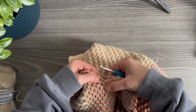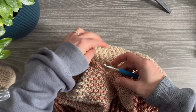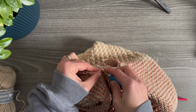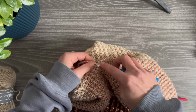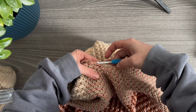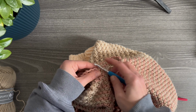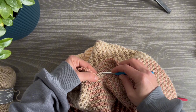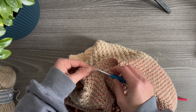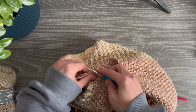Then we have the side row of the body, and I'm looking at the first stitch from the sleeve, which is a double crochet into the front loop. So then into the side stitch of the body row, I will work 2 single crochet together just to make that corner and avoid having a gap. And then we will continue working the stitches into the established stitch pattern until we get into the next